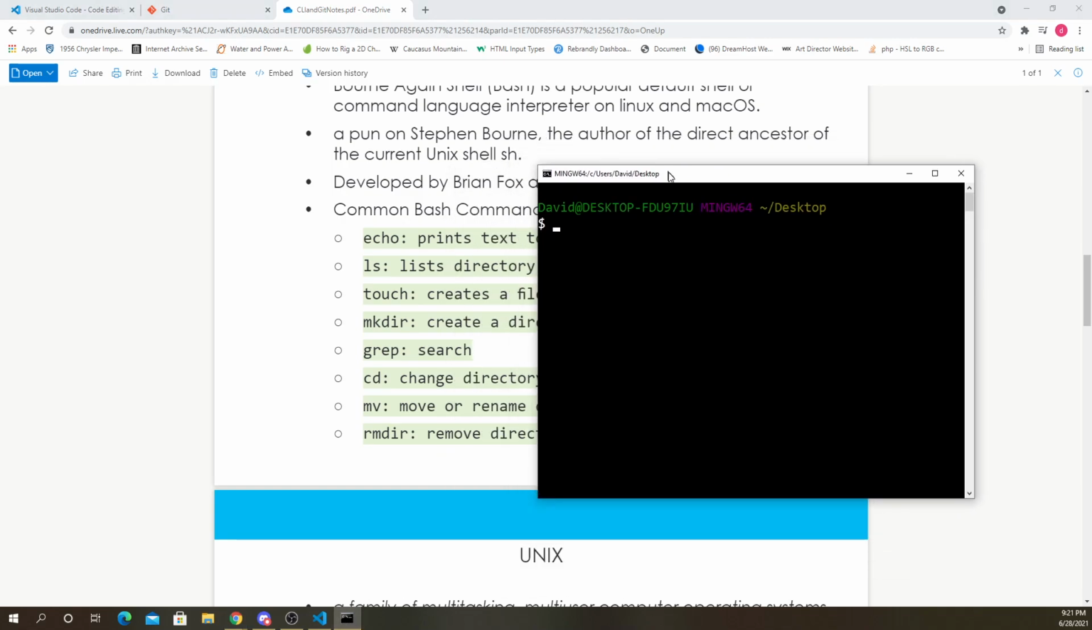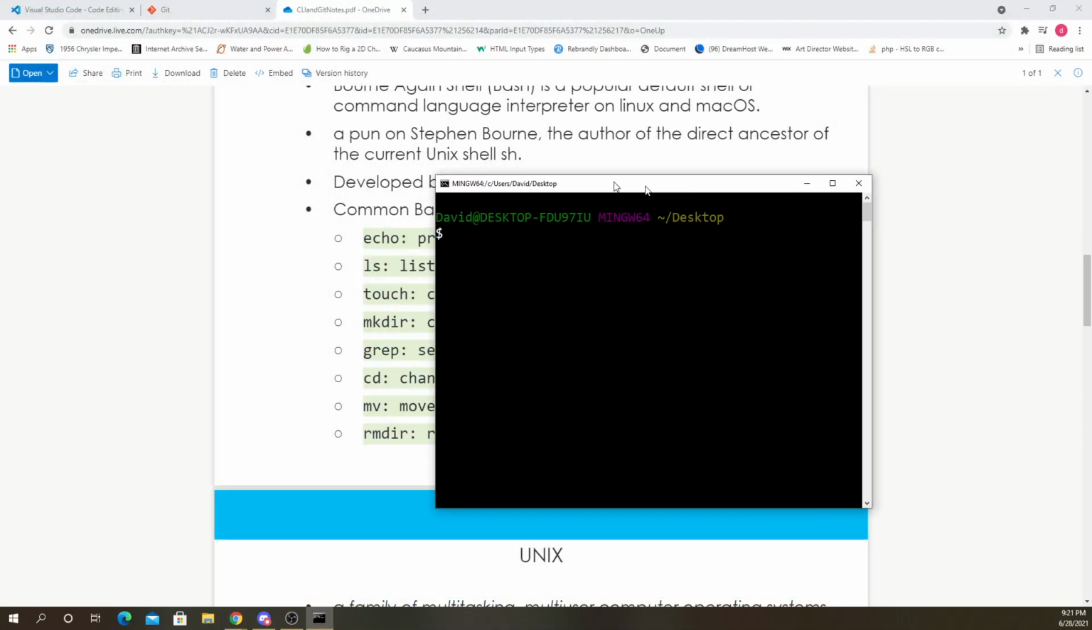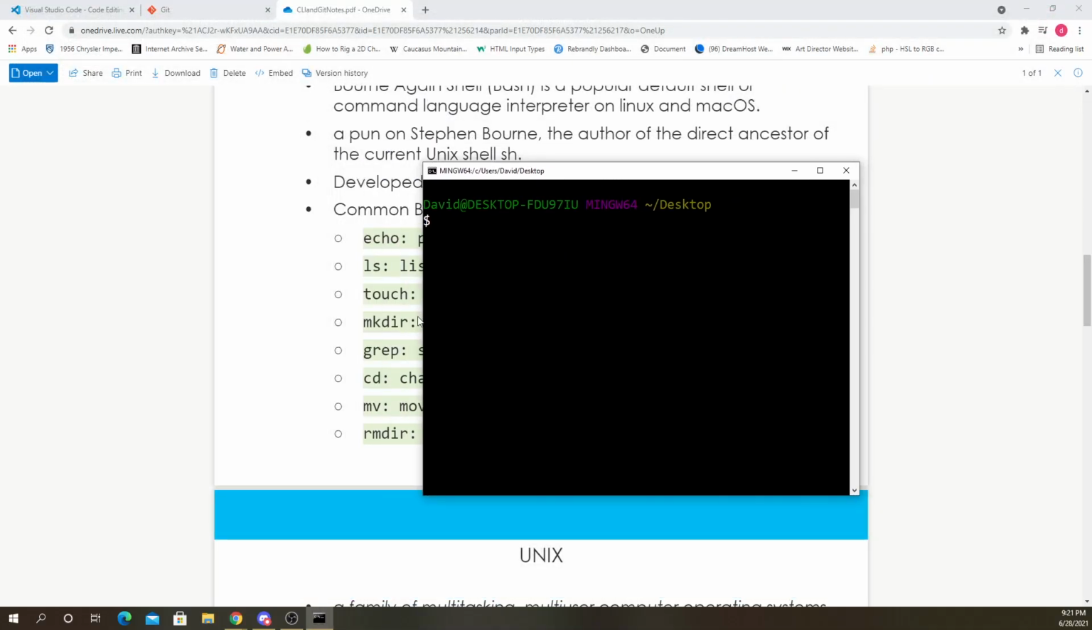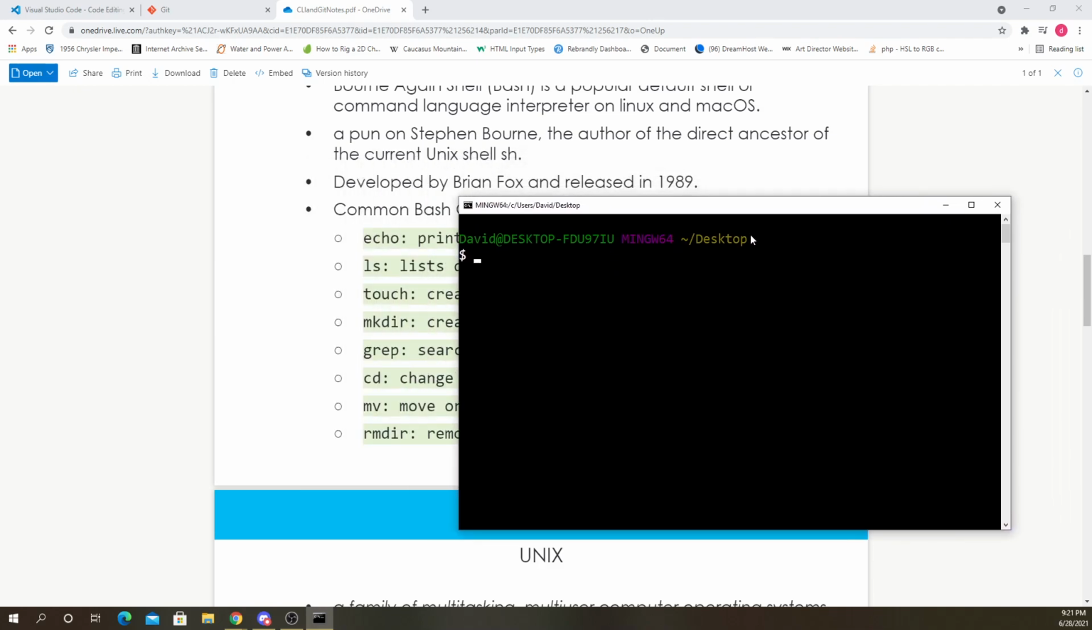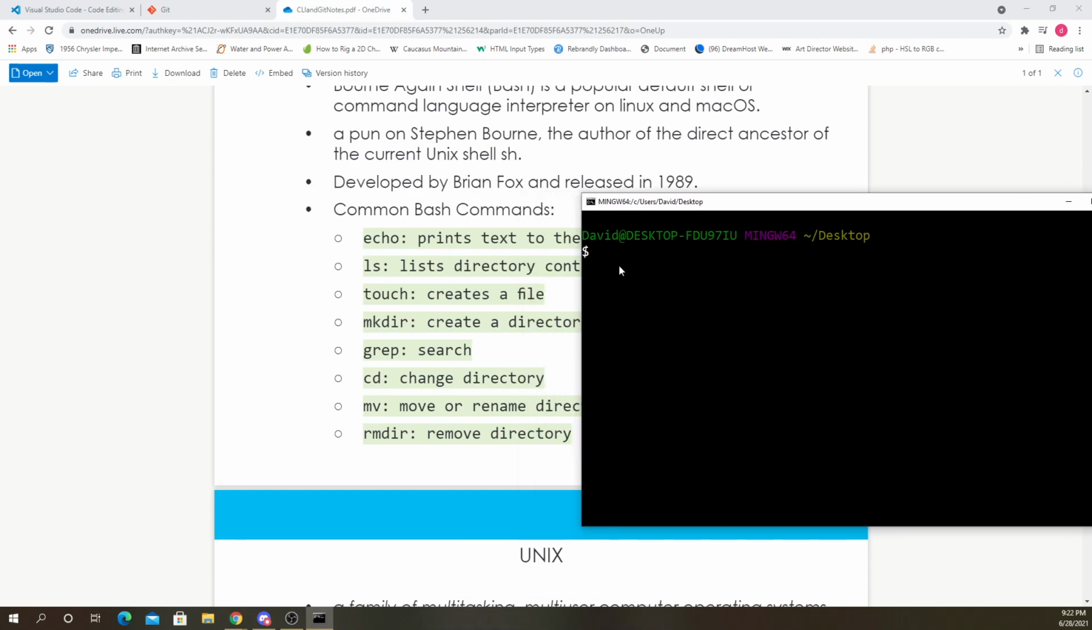Here's my Git Bash. You could do it here or in Visual Studio. I'm just going to close Visual Studio for now and do it here because it's simpler, it's just the window. I'm on the desktop here. For echo, it doesn't matter if I'm just echoing something. So echo hello is just going to say hello. That's all that does. But if you say echo hello and you put an arrow like this and then say hello.txt,